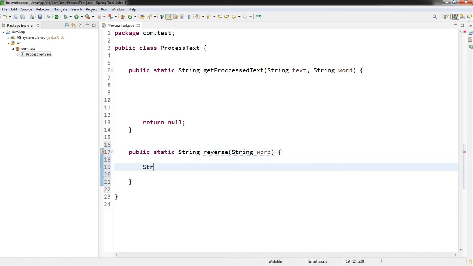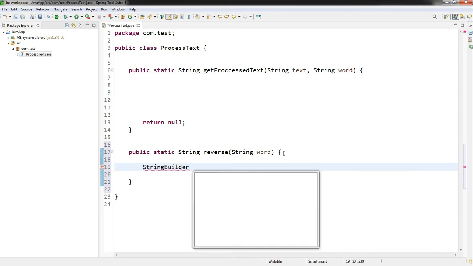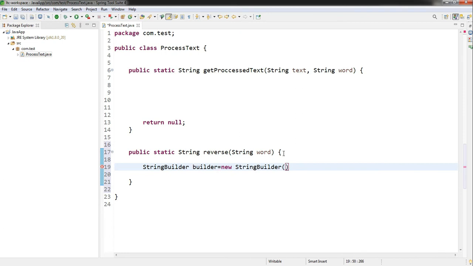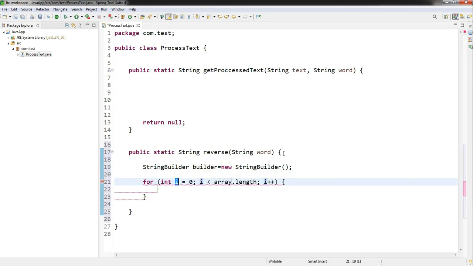First I will create one StringBuilder. Then I will write one for loop over word.length. So I have to reverse it.